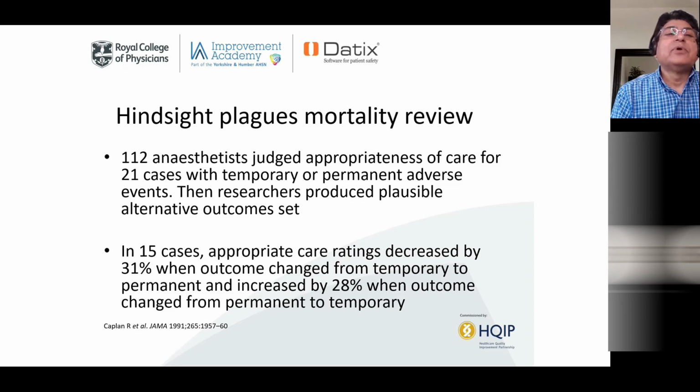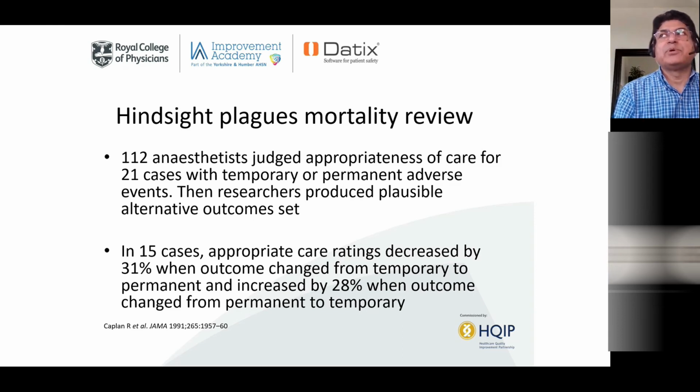At that time, they grouped two groups of doctors, 112 anesthetists. They judged the appropriateness of care in 21 cases. They were given notes for each one, but they changed the outcome. When the outcome was changed, their opinion also changed in some. For example, in 15 cases, the appropriateness of care rating decreased by 30%, 31% when the outcome changed from temporary